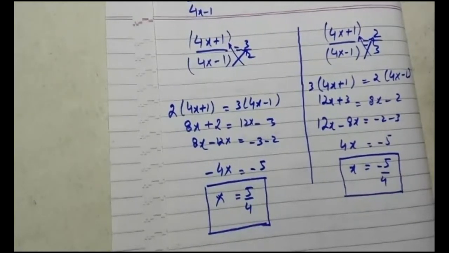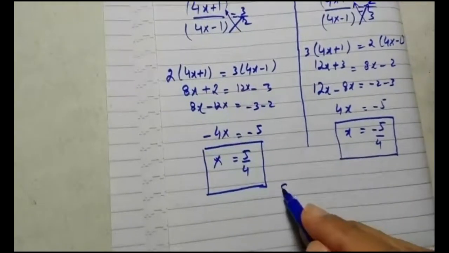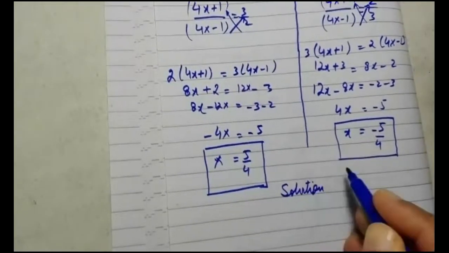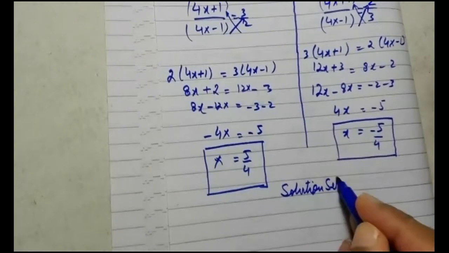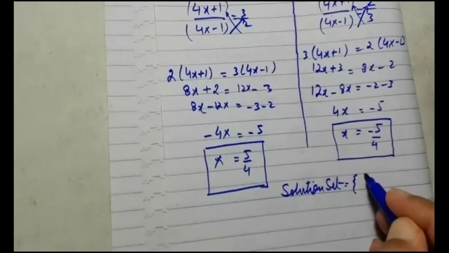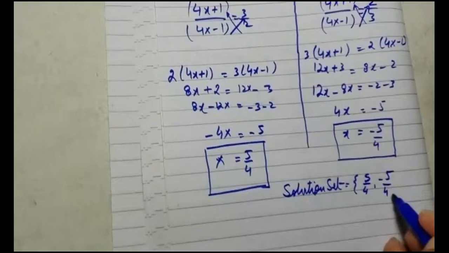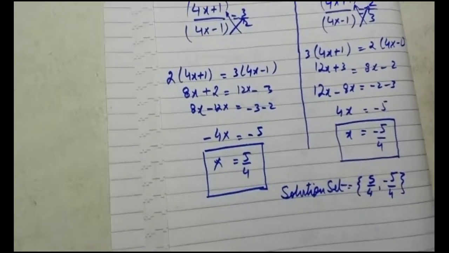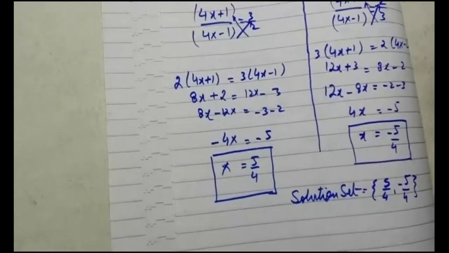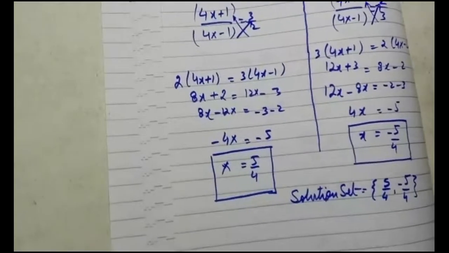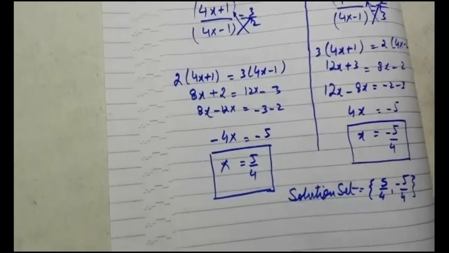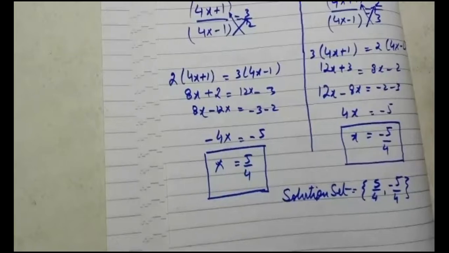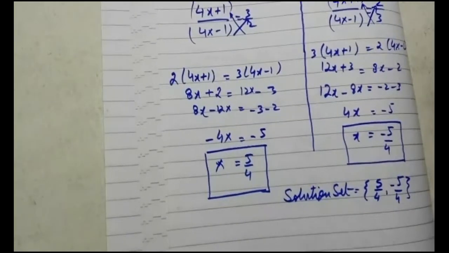If we check the answers for verification, the answers are perfectly right. So you will write the solution set and you will finish the question. These questions are part of the lengthy questions in your board exams. These types of questions can appear in your board exams. So this is the end of question number 8. I hope if you want to ask something, please ask. Then we will move to the next type of question.